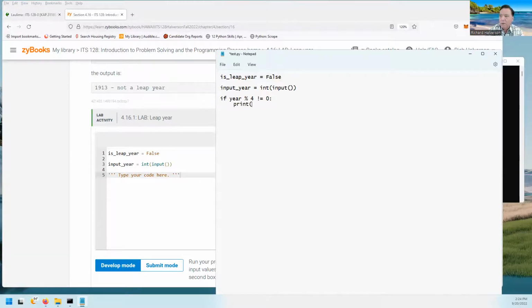Print year is not a leap year. Okay, so that's a for sure. Else we know that it's divisible by 4. So if it is